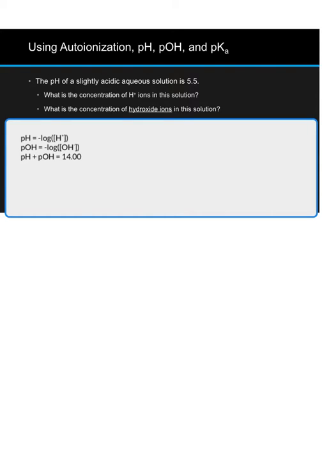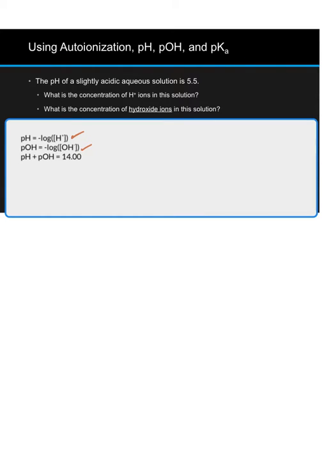All right, welcome back. So I'd like to start by reviewing some of the material that we covered just before spring break. Before we left, we were talking about weak acids and weak bases. We mentioned that the pH of a solution can be calculated by taking the negative log base 10 of the concentration of H plus cations in solution, the pOH of a solution from the negative log of the hydroxide ion